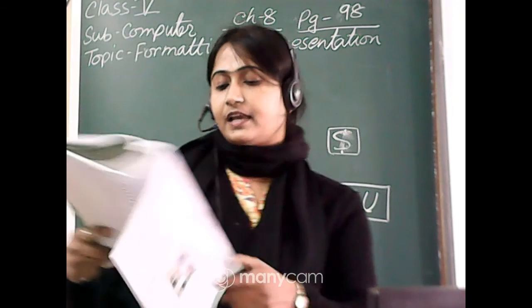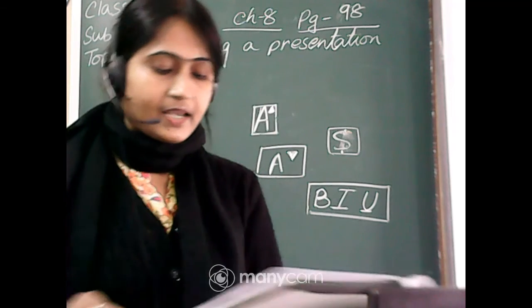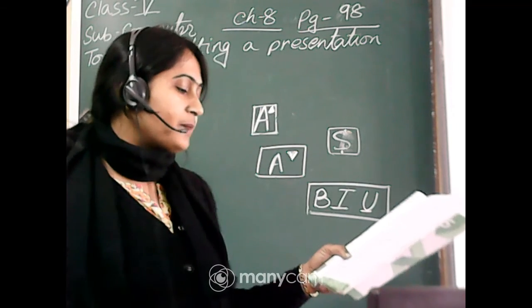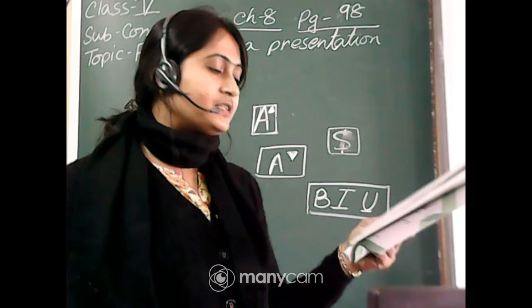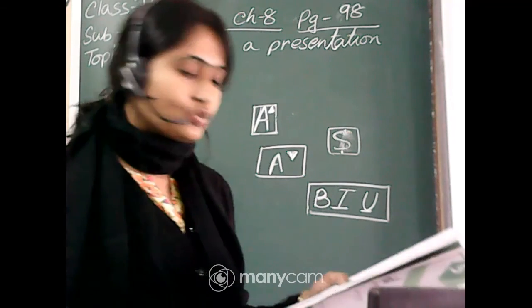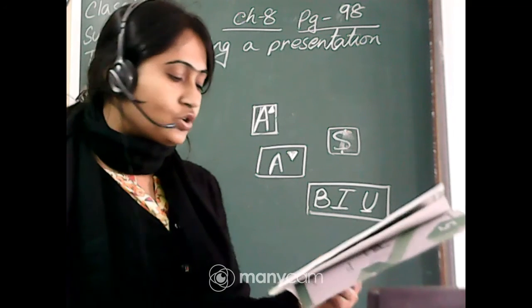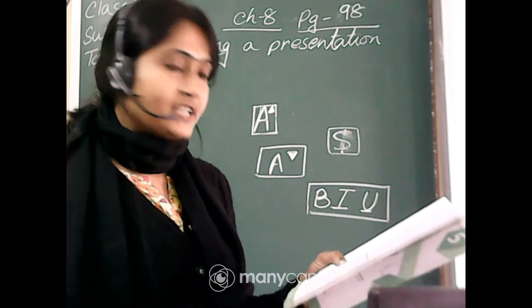Apply formatting effect to multiple lines. If you want to apply formatting effect to multiple lines, what do you have to do? Click on the format painter button. It is under the clipboard group in the Home tab. Under the Home tab, clipboard group, there is the format painter button.